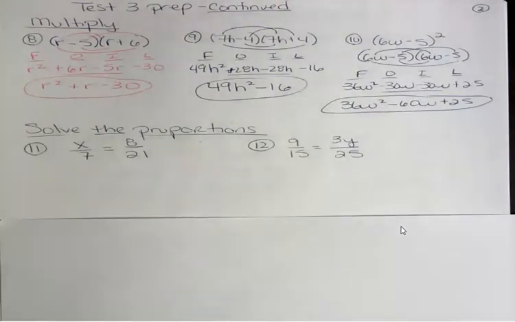All right. Next part is solving proportions. When you solve a proportion, you're multiplying the means and the extremes. The means here would be,